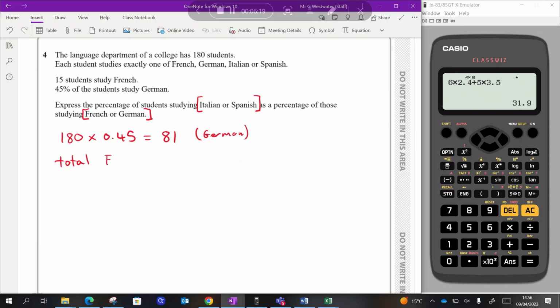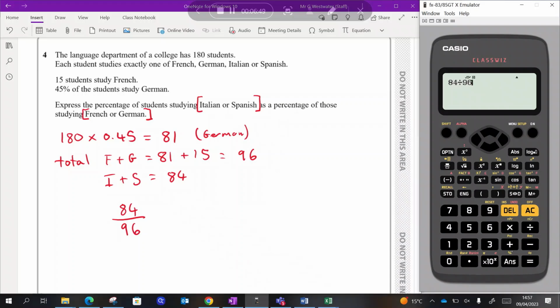Okay, so French and German is going to be 81 plus that 15 for 96 in total, which means if there are 96 here, then Italian and Spanish must be the leftover, so that's 4 to get 100 and then another 80 to get 180, 84. So Italian or Spanish out of French and German is going to be 84 out of 96. So if I do 84 divided by 96, that's